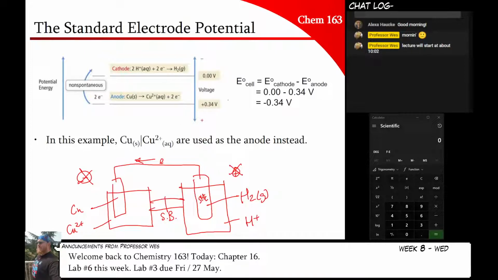Well, the cathode is 0 because it's the SHE. So this is what we think the cathode is. But the anode is a positive number, which means that when I do cathode minus anode, I get a negative number. So as written, with electrons going in this direction, if I could tap the pen on the screen here,